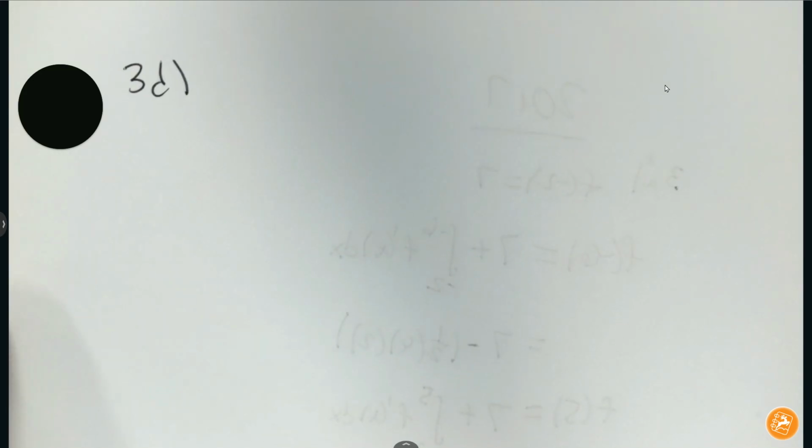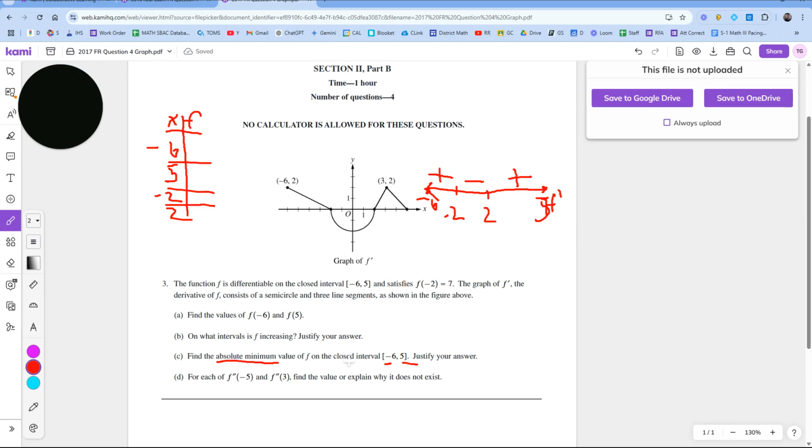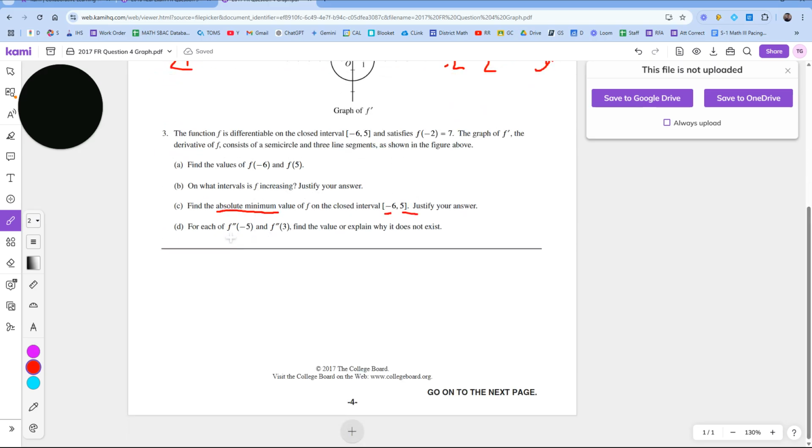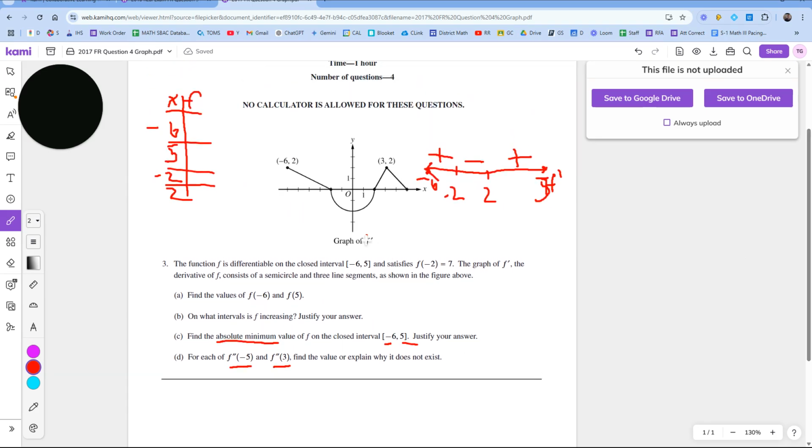All right, last question for question number 3, 3D. Let's see what the question's asking us to do. Find the second derivative at -5 and the second derivative at 3, and then find the value or explain why it doesn't exist. So if you're given a derivative graph, to find the second derivative, you take the derivative of